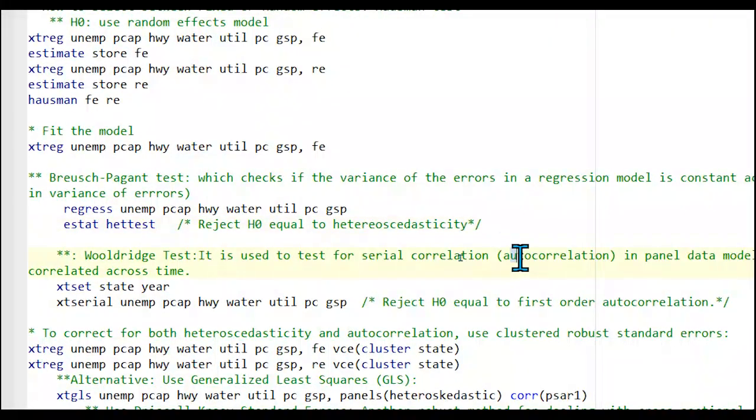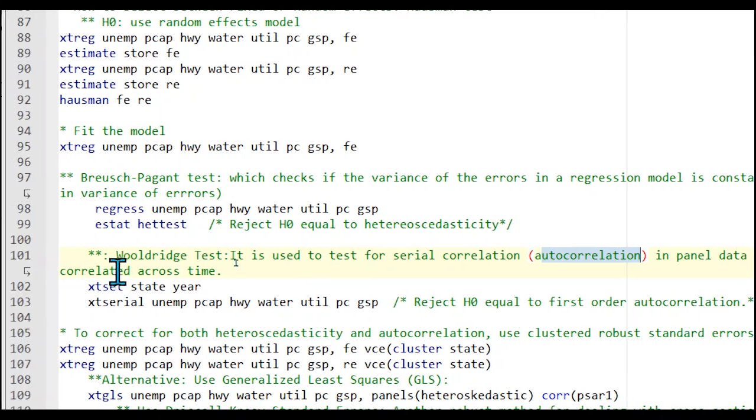But another thing to be checked in your regressions is the correlation or serial correlations. The serial correlations in panel data, in residuals of your regressions, since we have time series and panel data sets, maybe my residuals have some degree of correlations. Then you need to check this assumption with Wooldridge tests. To do this,